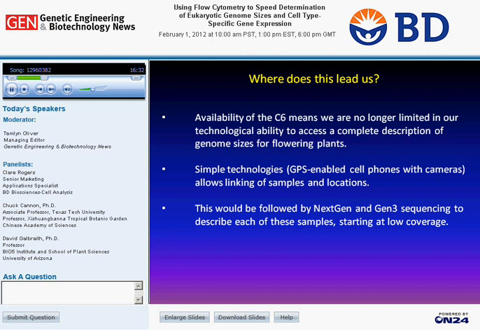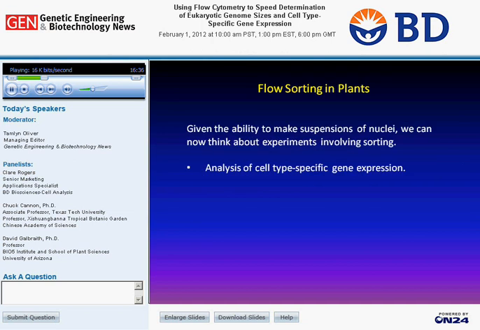On the next slide, in the last couple of slides, I'd just like to talk a little bit about flow sorting in plants. The Accuri C6 cannot be used for sorting. It's not a sorter, although Becton Dickinson is now going to be releasing a more or less portable sorter as well. But given the ability that I've shown to make suspensions of nuclei, we can now think about experiments involving sorting. And in particular, we're interested in cell type-specific gene expression. If you go to the next slide,